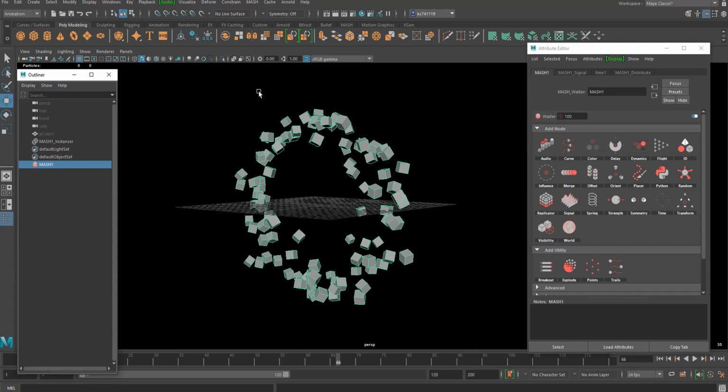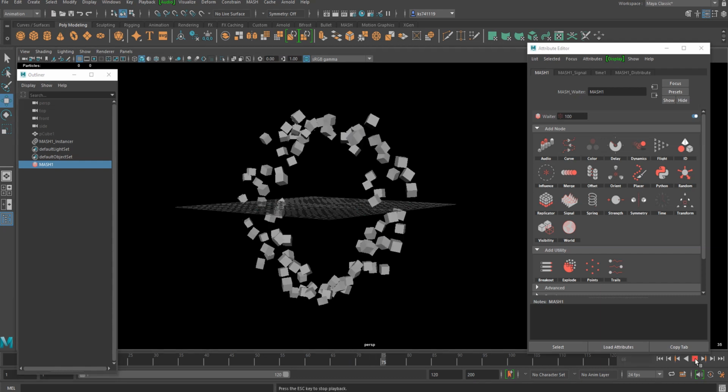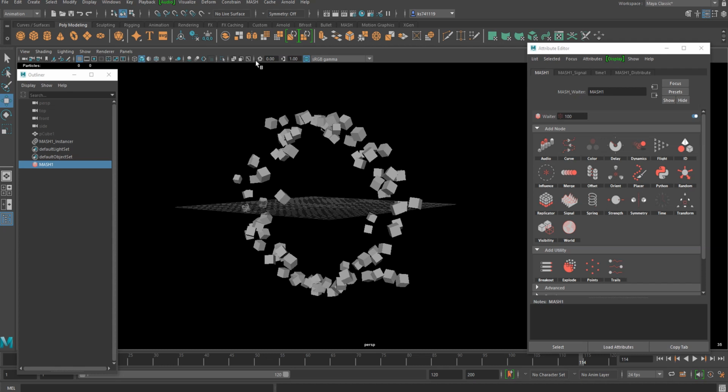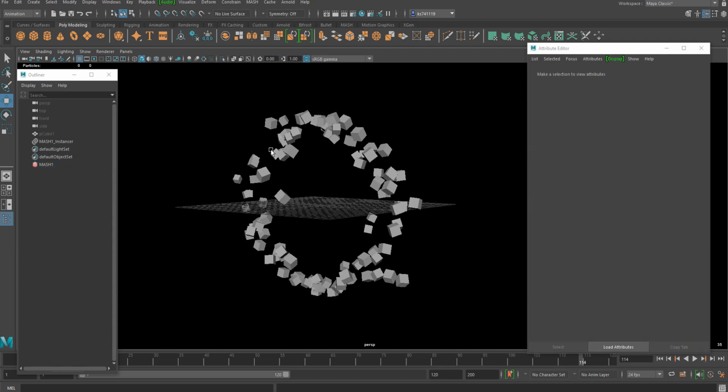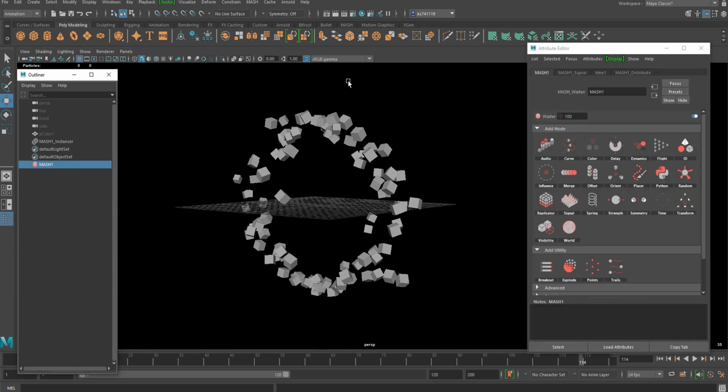Hello guys, in this video I'm going to show you how you can export mesh in Maya. So I have a very simple mesh network here and I want to export this mesh object as a FBX